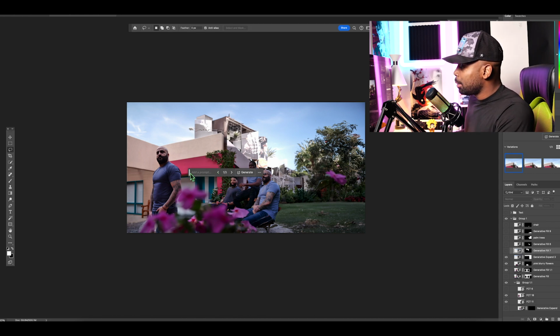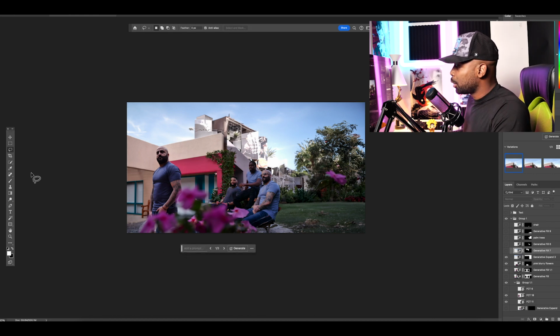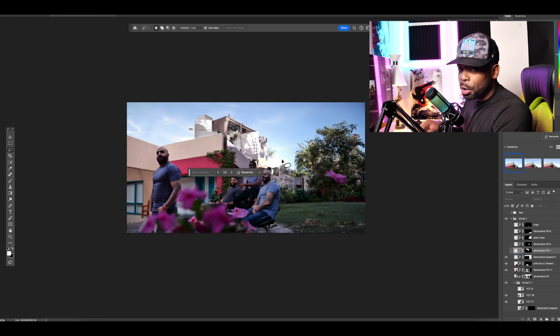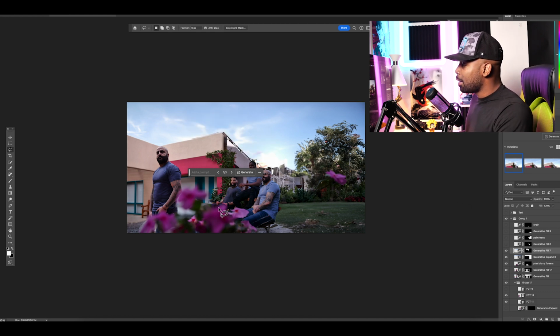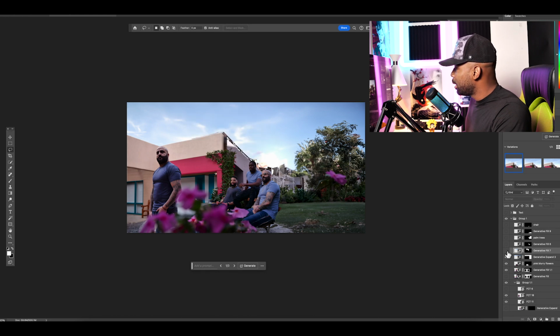I started to clean up just like the last picture, like I told you guys earlier. All you have to do is go in here and lasso all this stuff out that you don't want, and you can type in what you do or don't want, or just leave it blank and it'll get rid of most of it. So that's what I did. I left this blank right here, and then it got rid of that building. You guys can see, I'll hide it right there. And then this next layer,